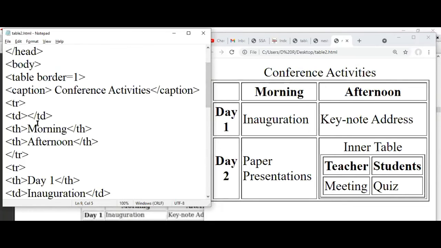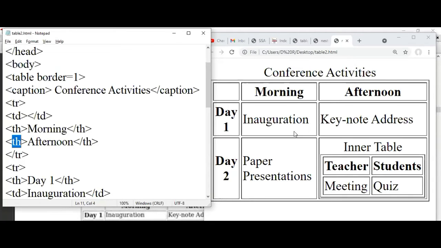So this is the blank one. Now in the next column we want some data, that is morning. Since we want to show this morning in bold and centered, we are using TH, table header. And this is afternoon TH. So it will be bold and centered.